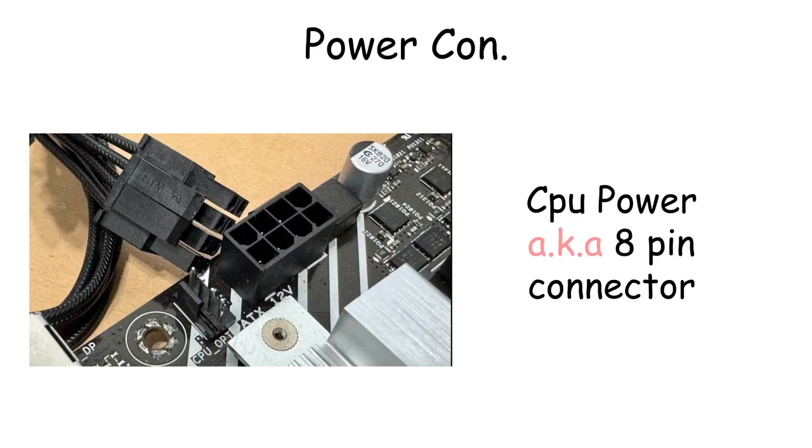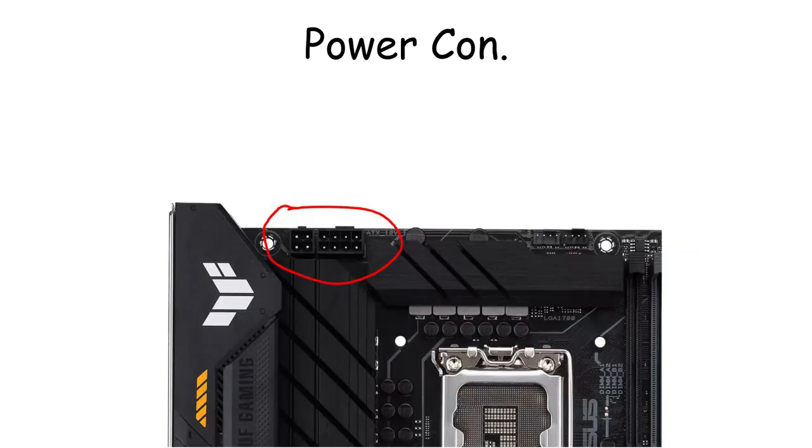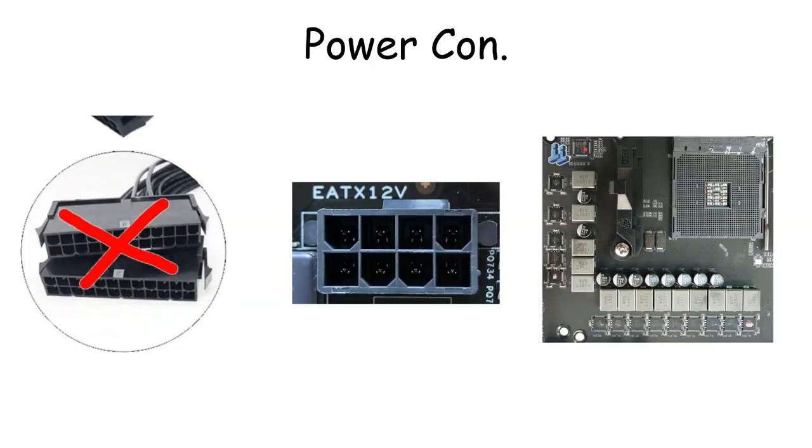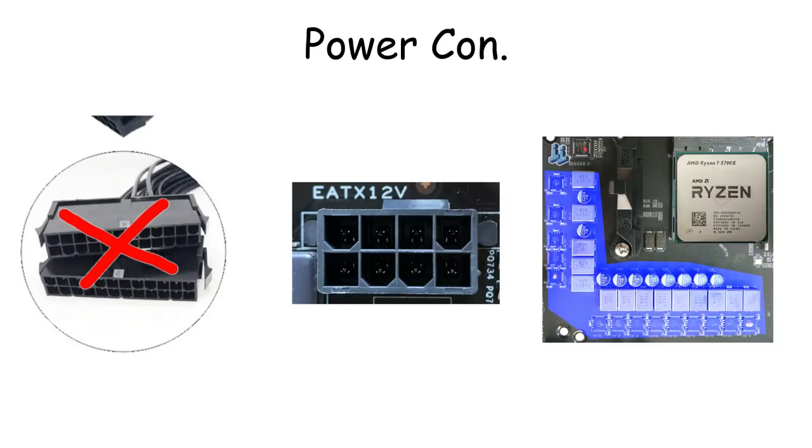Near the top of the motherboard, close to the CPU socket, you will usually see another power connector. This is the CPU power connector, commonly an 8-pin, or sometimes a combination of 8-pin and 4-pin connectors. Unlike the 24-pin connector that powers the entire board, this one specifically delivers power to the CPU and the VRM so the processor can operate properly, especially during heavy